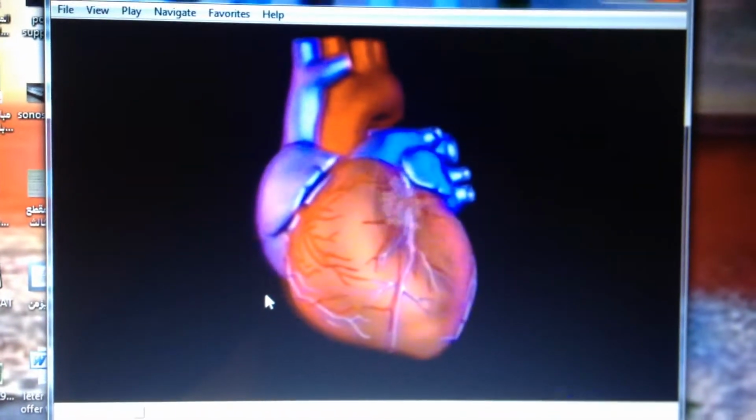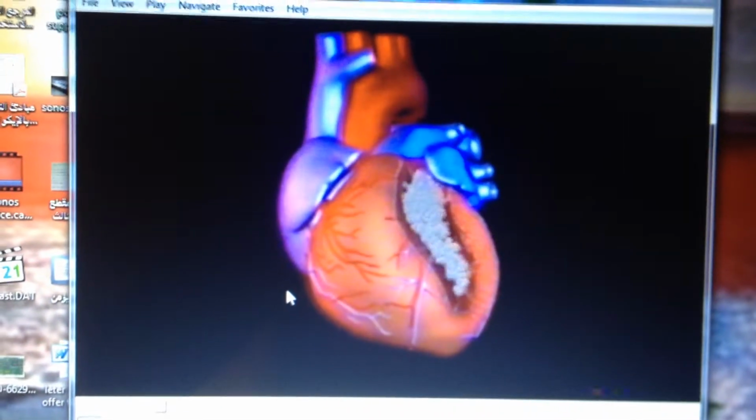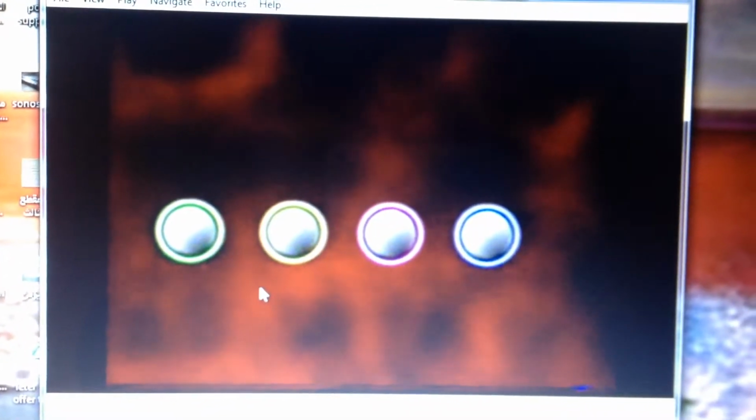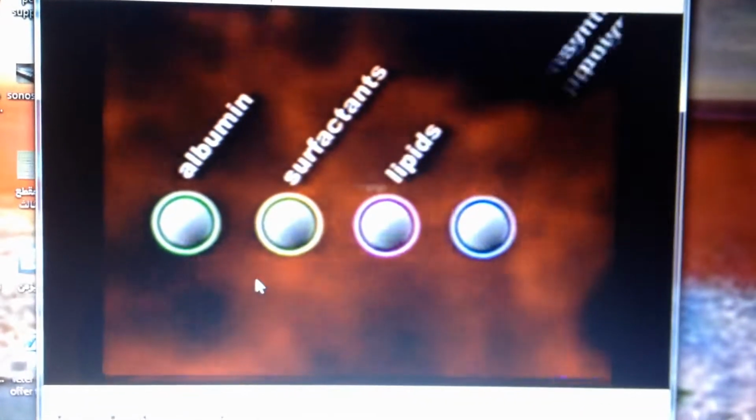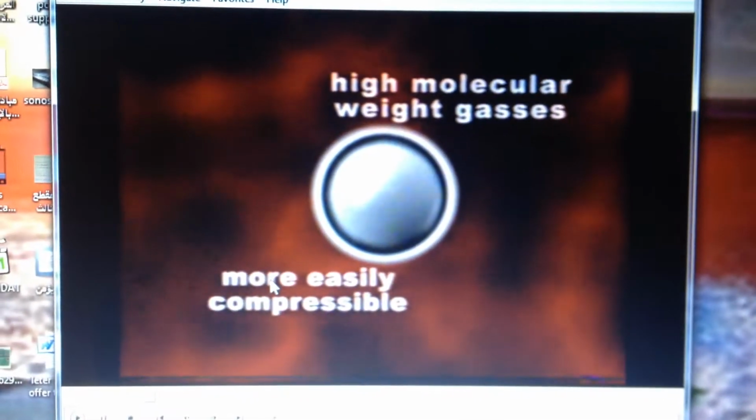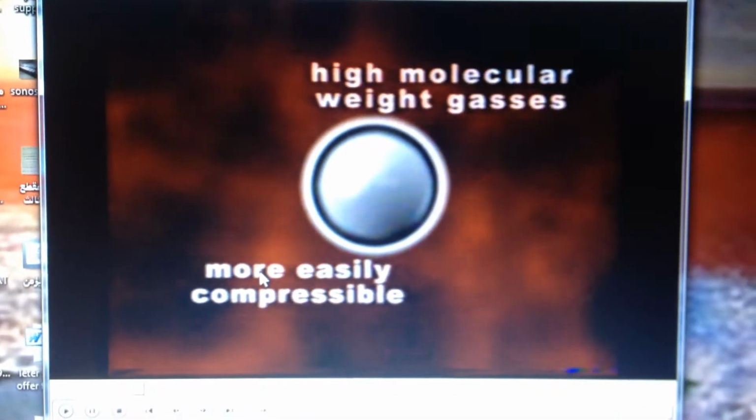along with the blood, filling the left ventricle and perfusing ventricle walls and tissue. Microbubbles can be coated with compounds such as albumin, surfactants, lipids, or synthetic polymers, and they're filled with air or high molecular weight gases, which are more easily compressible than the surrounding fluid. Now, this means the bubbles will be more reactive than surrounding fluids to ultrasound frequencies, making their reactions easier to